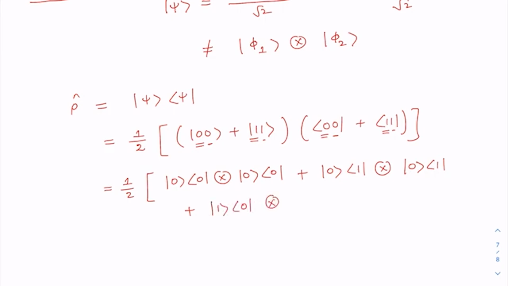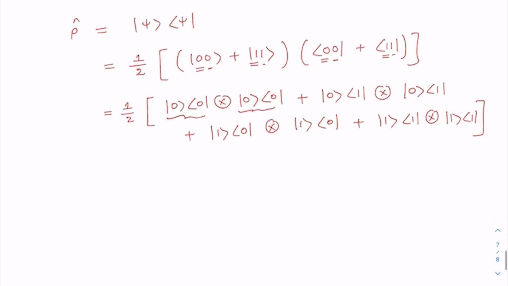0⟩ direct product |10⟩ plus |11⟩ direct product |11⟩. Alright, so this is what I'll get. This is for the first qubit and this for the second qubit. And now to find out the reduced density matrix for the first transmon qubit, let me write,